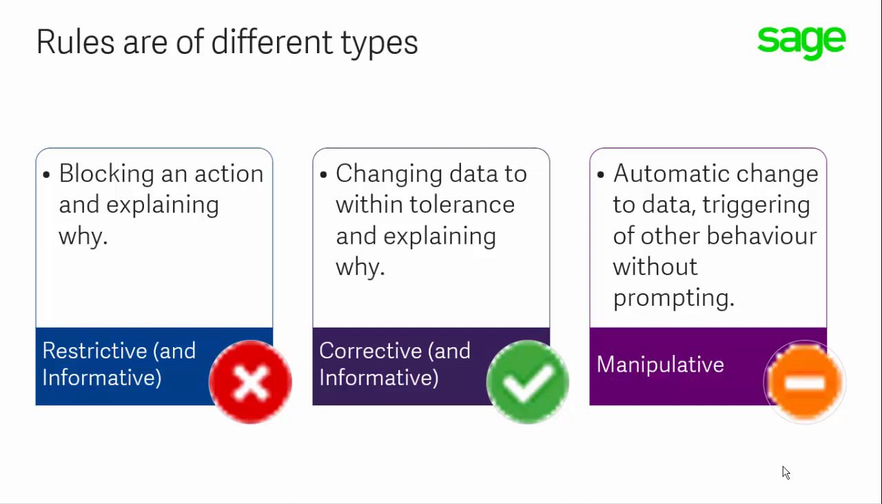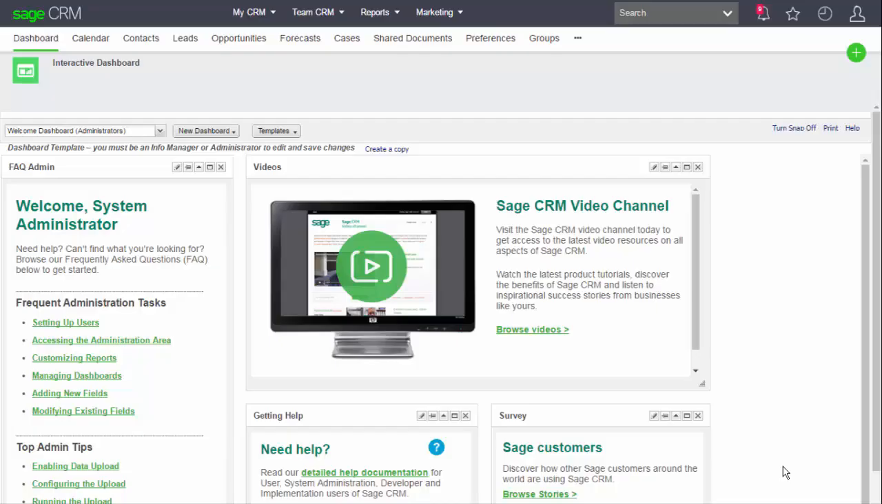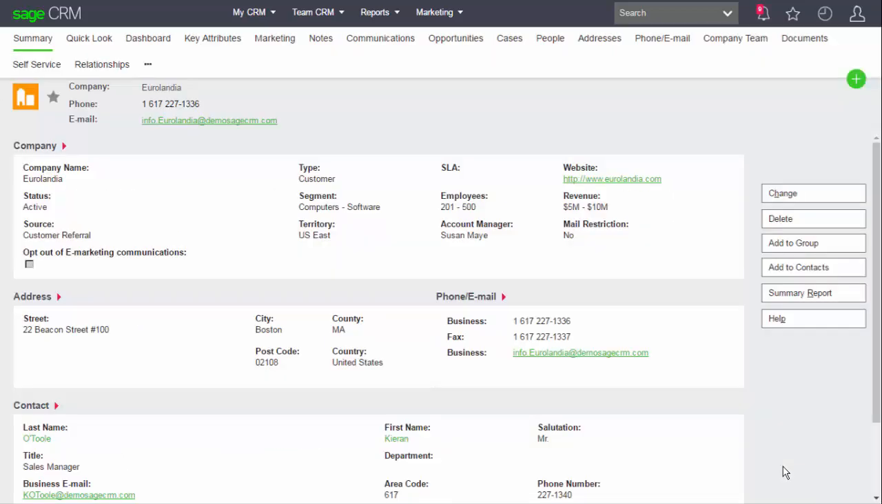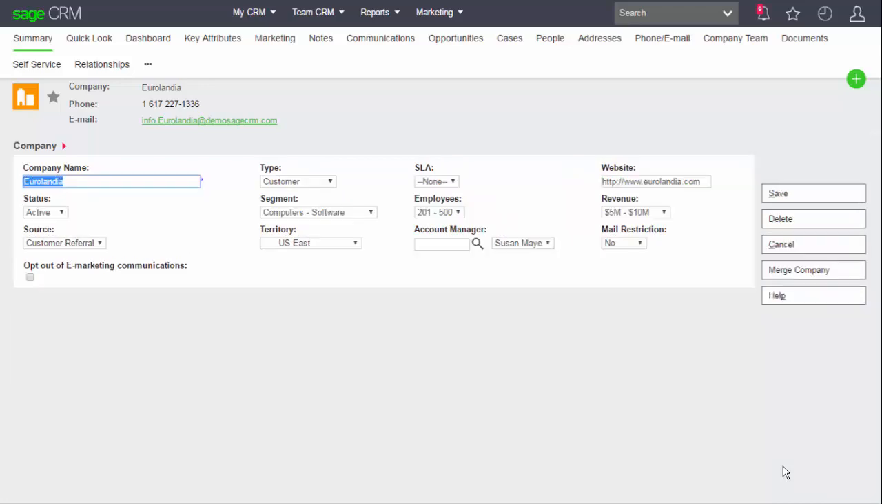Here you can see that I've logged on to Sage CRM, and I'm going to look at a company. You can see that I'm looking at the summary screen for a company called Eurolandia. I want to show you some restrictive rules that have been implemented in a codeless way. So if I change to edit mode and highlight some fields, you can see that these 3 fields demonstrate examples of restrictive rules that have been implemented